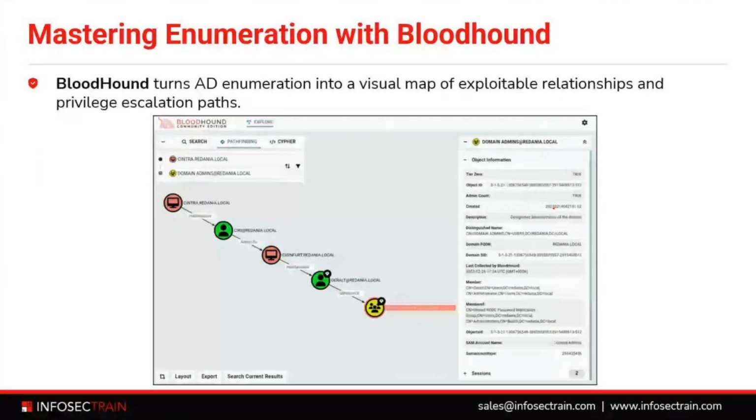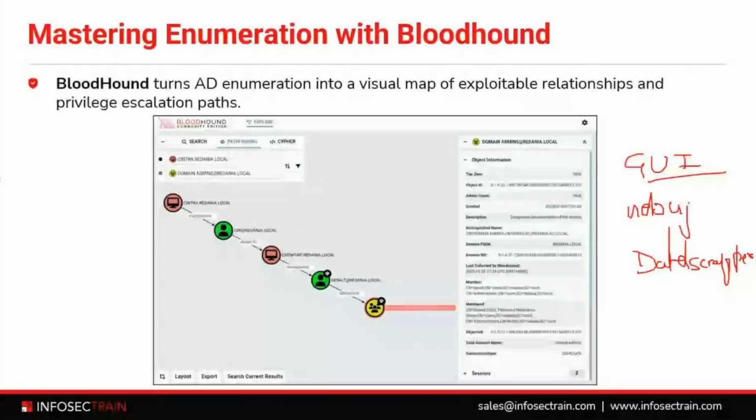Yes, Bloodhound helps you in generating the graph, which basically gives you the link between different types of users, how every user is connected to each other, right? Now, installing the Bloodhound and using Bloodhound is a three-step process. Bloodhound has a GUI, right? Then it has a database, which is called Neo4j. And then it also has a data scrapper, which scraps the data, all these three things,